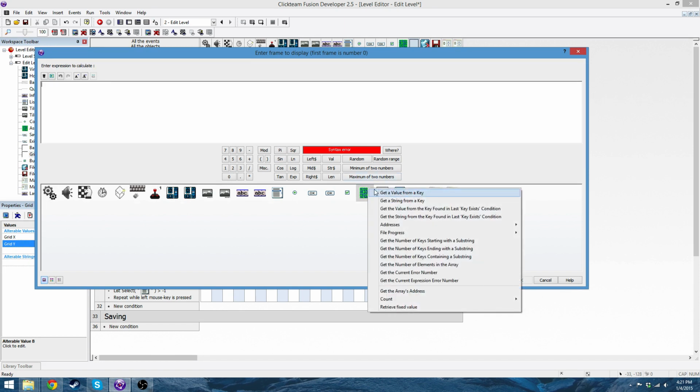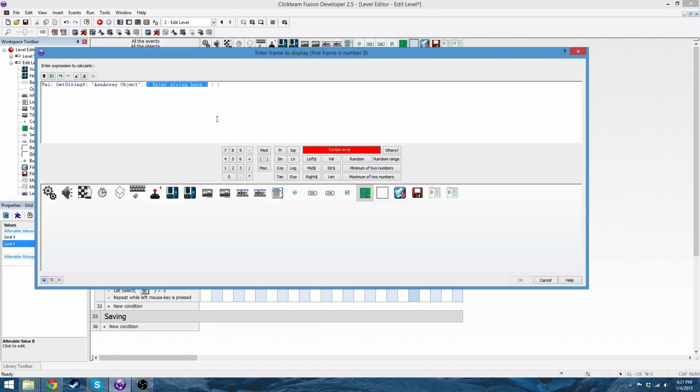Set it to get string from, or you need a value of get string from key, just because of the way that I did it, and it's just going to be